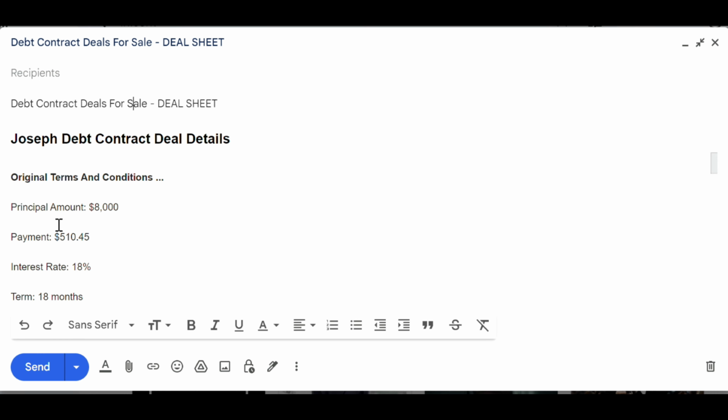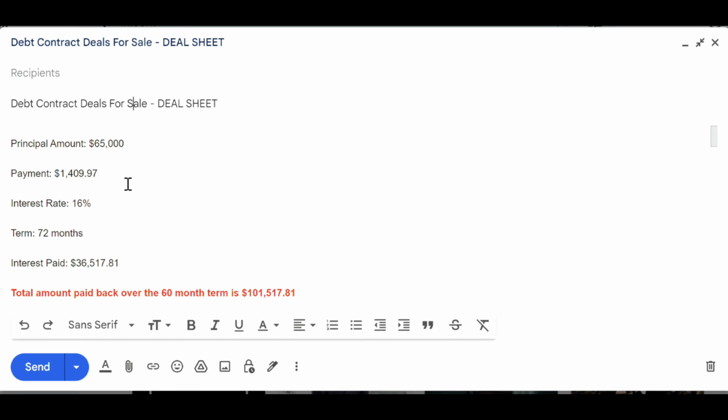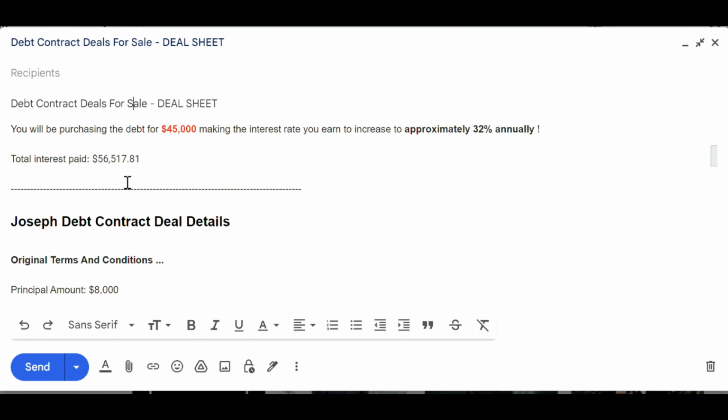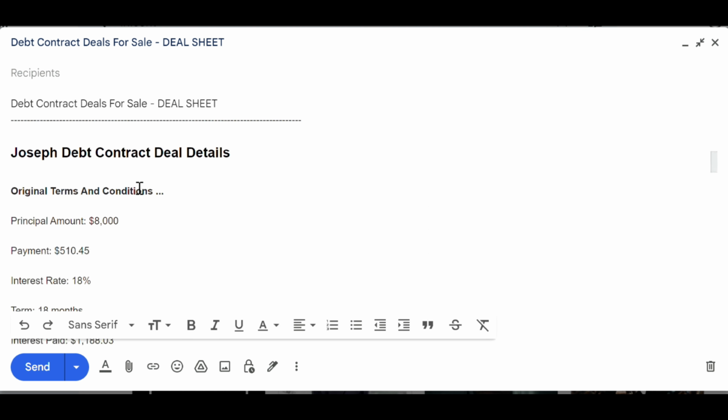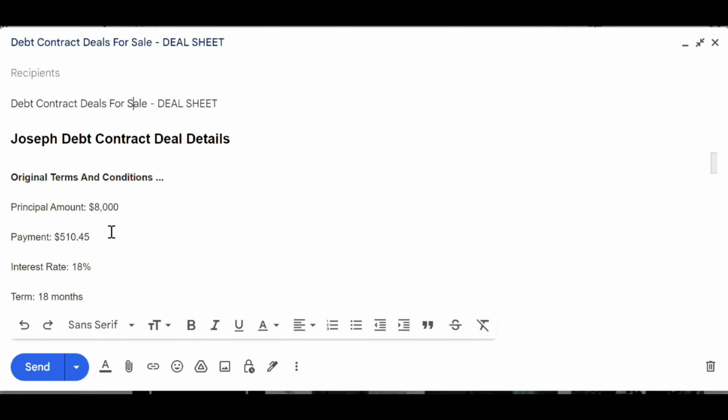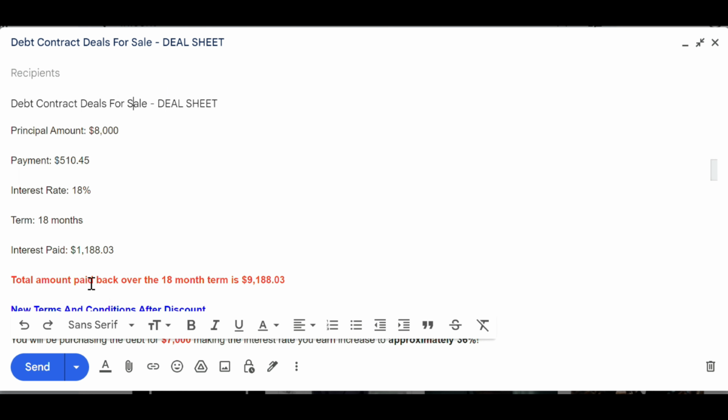So let's move on to the next deal, the Joseph deal. And keep in mind, look at this. This one's only $8,000 and this one was $65,000. So we have deals for all amounts, okay? So here we are, $8,000. Again, the original terms and conditions. $510.45 is the payment. Interest is 18% and it's for a term of only 18 months, a year and a half. So now keep in mind, most people again would say, wow, this is a really good deal,